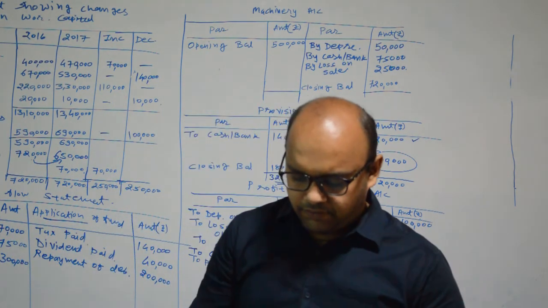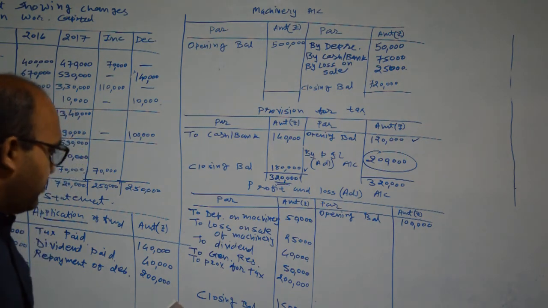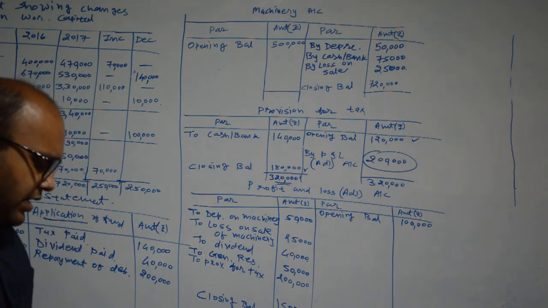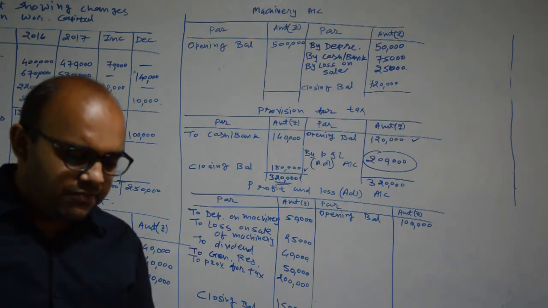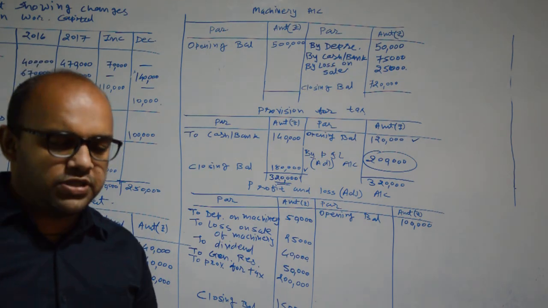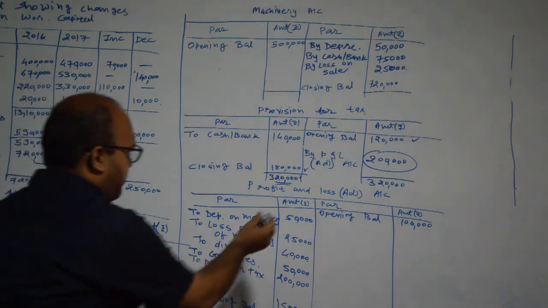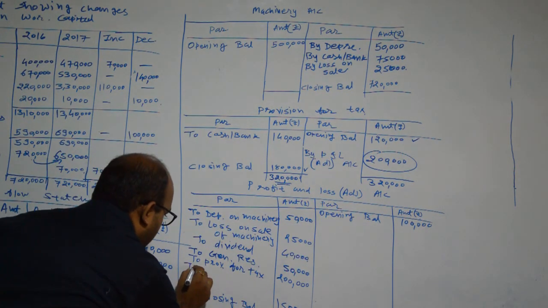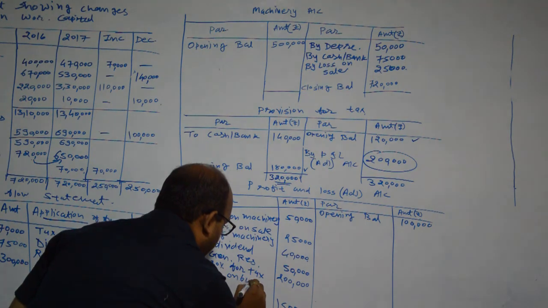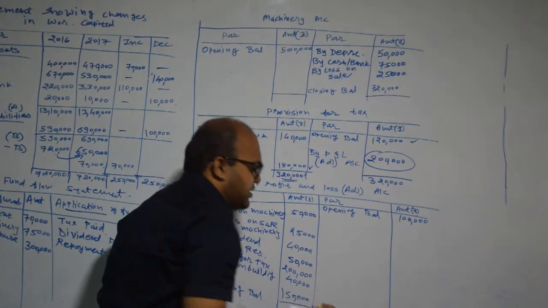We will consider building, asset side. Okay, there is decrease in building. Please check that there is decrease. How much amount? 40,000 rupees. And other transaction is not given in additional information. So it will have only single effect, which is depreciation of building. How much amount? 40,000 rupees, and it will affect debit side of profit and loss adjustment account to depreciation on building. How much amount? 40,000. No other transaction is given.